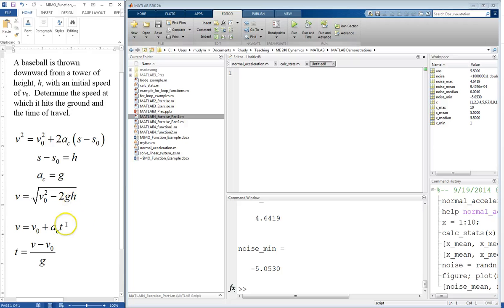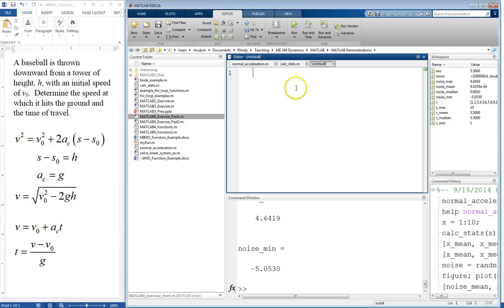Then to find the time, we can use this equation, which relates the velocities and the time through that constant acceleration, and we can solve this, where now we have time in terms of the velocity, which we've calculated, the initial velocity, and acceleration due to gravity. And I want to program these calculations into a function so I can solve them for different cases of height and initial speed. So, function, let's call the outputs here, we have the velocity v and the time t, and